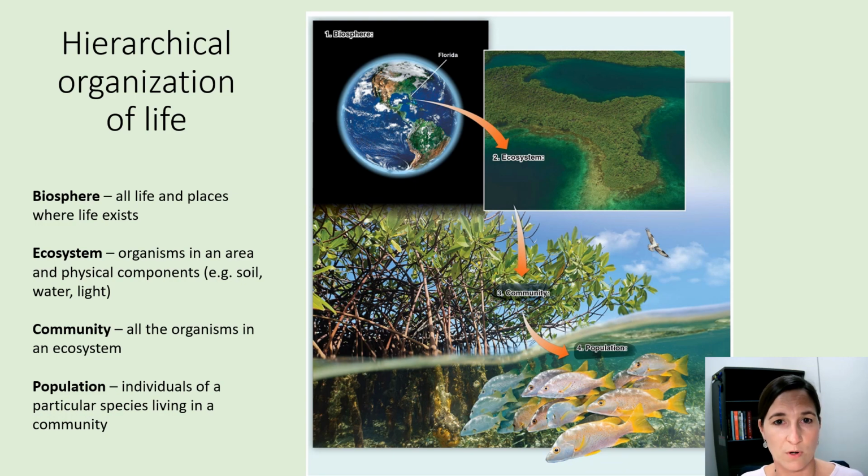So this includes all the organisms in it. An ecosystem is the organisms in an area and all of the physical components that interact with all the life. You can think of the soil, the water, the light, right? So it's these components and the life